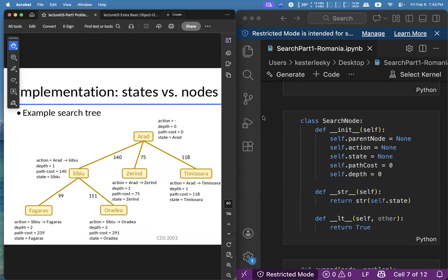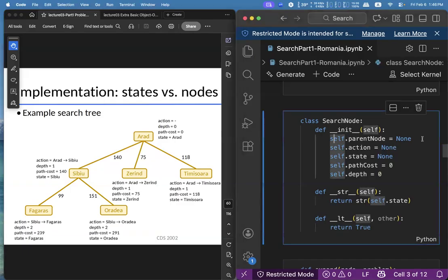In order to at least form the search tree, you must store the following things. You must store the parent node, the action, the state, the path cost, and the path. You can also choose to store the child node reference, but we have another data structure to keep track of which nodes have not been explored yet, so that is not necessary.